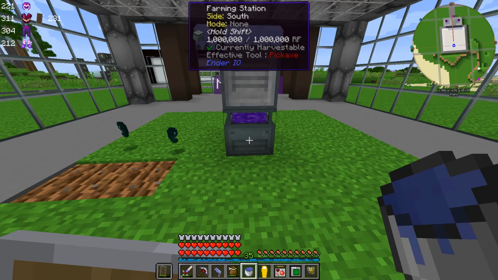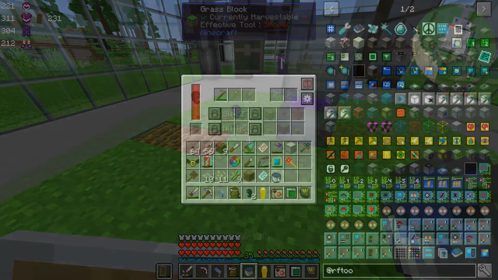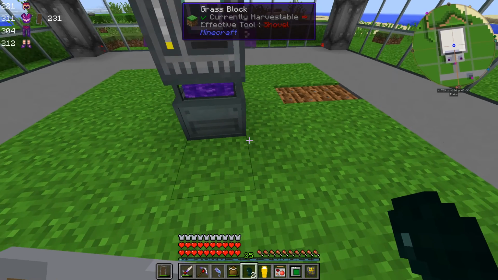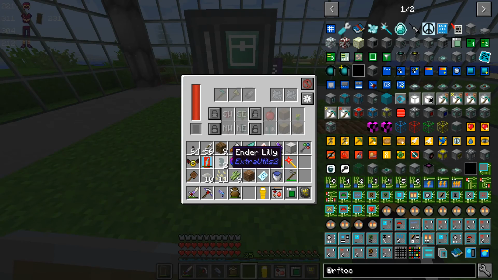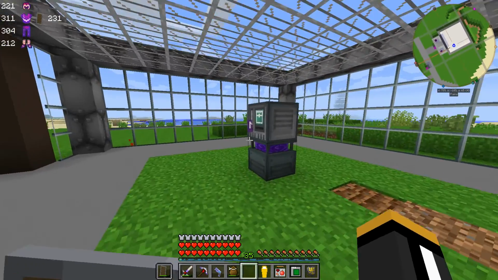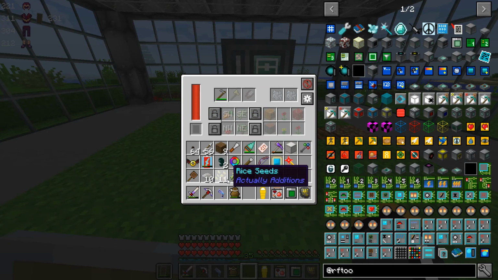Does it plant? Oh. So we can't do ender lilies? Because they won't plant on farmland. But for some reason it decided that it wanted to hoe it. Oh, that is like the main thing I wanted to do was ender lily seeds. Like, I don't need anything else. The other stuff I was just gonna do for fun. Alright, whatever. Okay, I guess we'll do